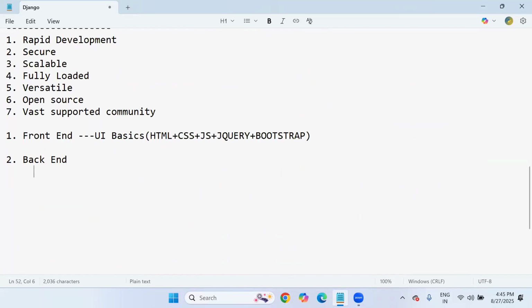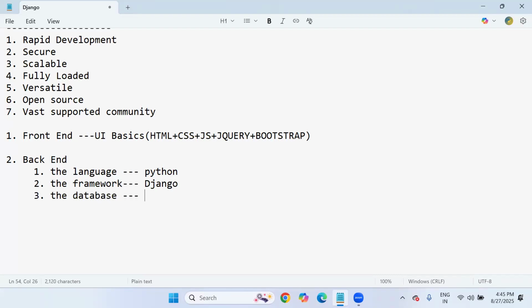In the back-end development process, there are different things. One is the language, that is Python. The next one is the framework. What framework are we going to use? Django. And the next one is the database. What database are we recommending?